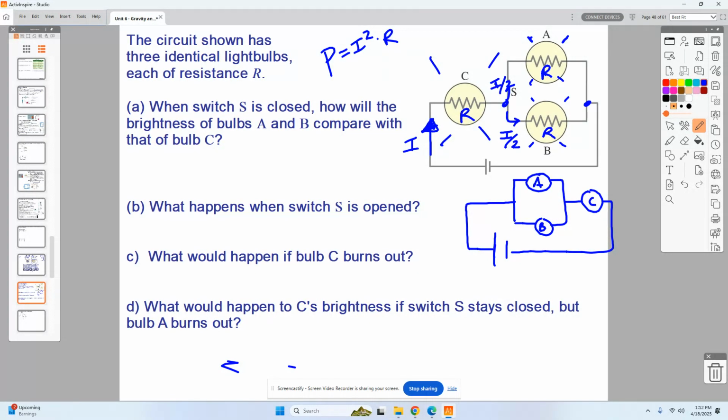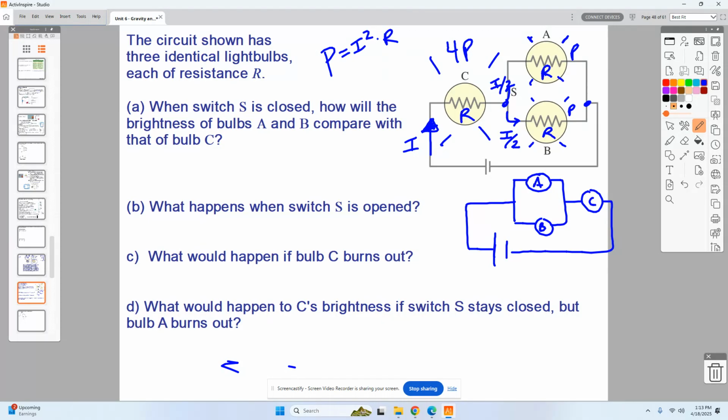No, quarter. I squared times R, correct? But I'm squaring that I, and when I square I over 2, don't I get I squared over 4? Oh yeah. So this would actually be 4 times brighter. I would have 4 times the power going through that one. If this is a certain amount of power, that one would be 4 times